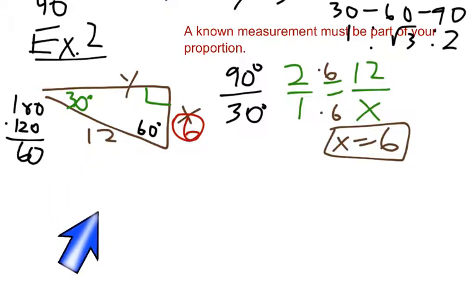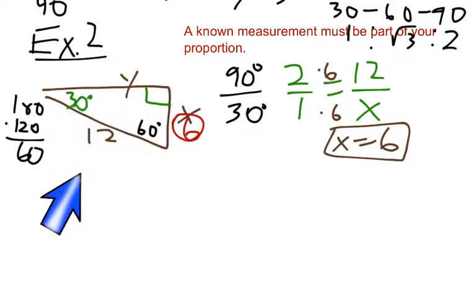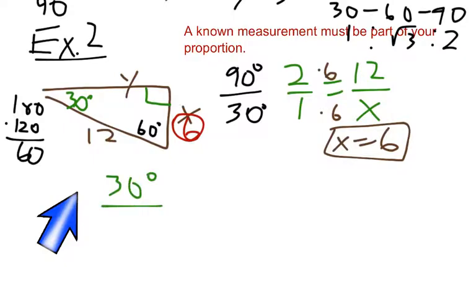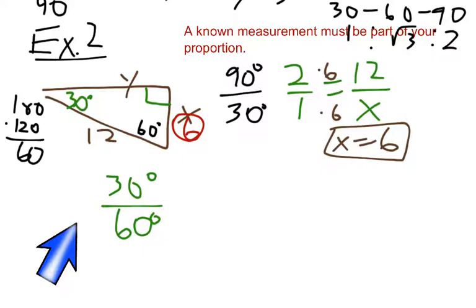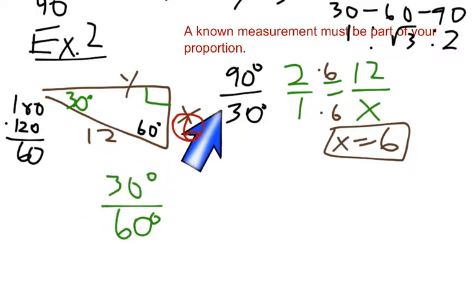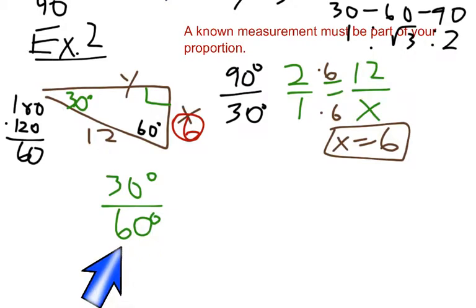So let's say that I wanted to use the 6 now. The 6 goes with the 30, so I could use 30 degrees over, and then which one do I have to use for y? Y is opposite what? The 60 degree angle. So I'm going to use 30 over 60 for my proportion. And now, what's my relationship with 30? 30 gets a 1, 60 gets a square root of 3. So I'm going to write 1 over square root of 3 equals,